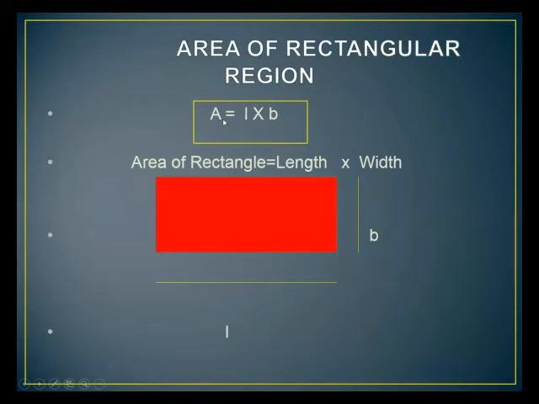Area of a rectangle is given by multiplying the length of the rectangle by its breadth. And what is length? The horizontal side is considered the length and the vertical side is considered the width or breadth. So the area of a rectangle is given by the product of length and breadth. You can write width or breadth. When we multiply these two values, we get the total area covered by the rectangle.